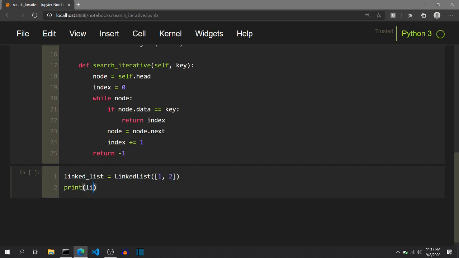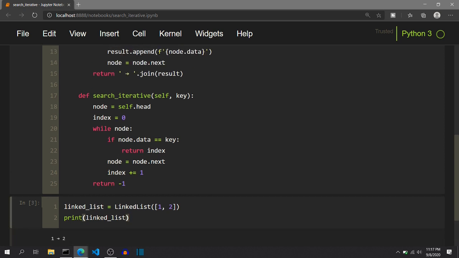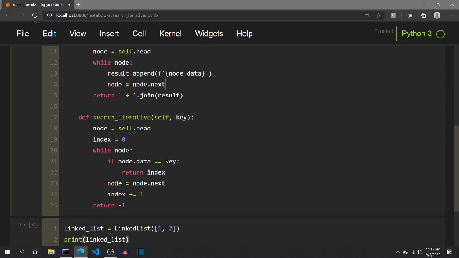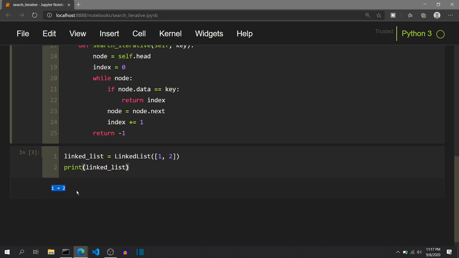First, let's see whether the linked list has been constructed correctly or not. So I will print the linked list, and yes, 1 arrow 2. This print function is working because we have defined this string function over here that knows how to convert a linked list to a string to be printed. So now we can print linked list